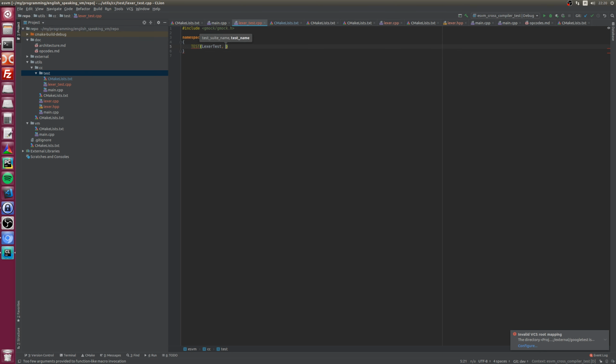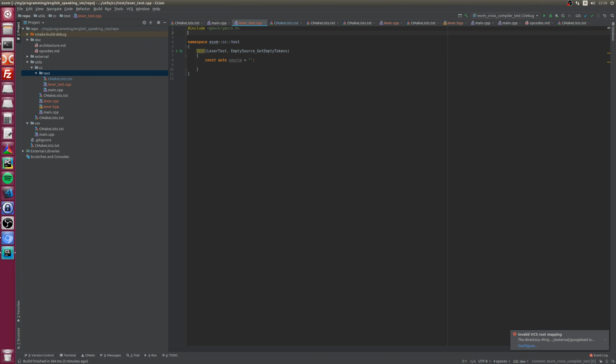Lexer test, or yeah, empty source. Get empty tokens. Cool. So const auto source going to be empty.